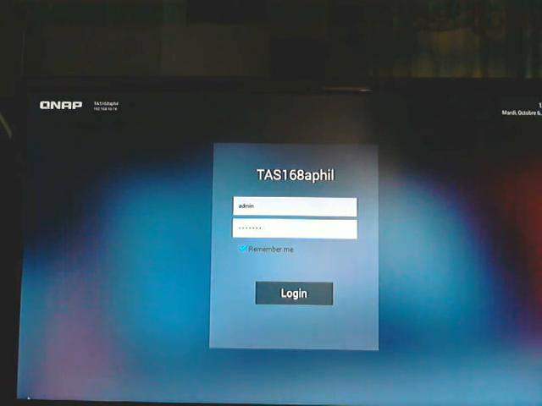Bonjour. Hi. This is a short presentation of the interface of the new NAS from QNAP. It's a combo NAS, so it's a mix of a standard NAS with all the functionality and an Android system used to manage the visualization and the interface to the system. So the TES X68 model